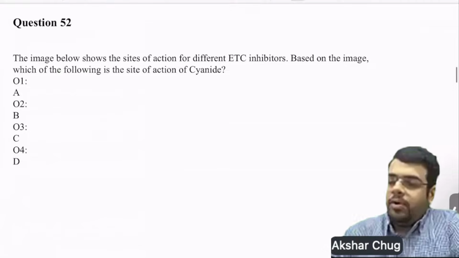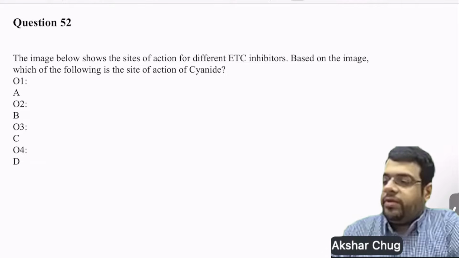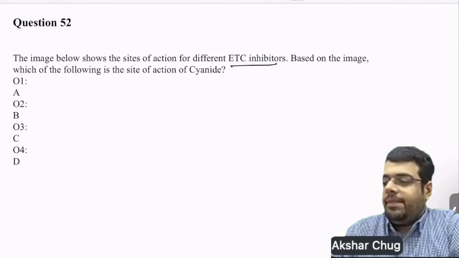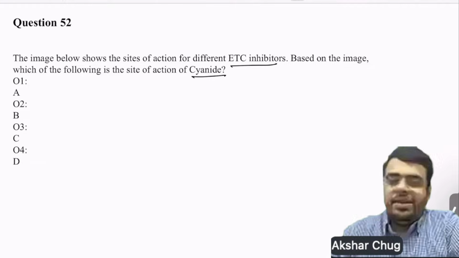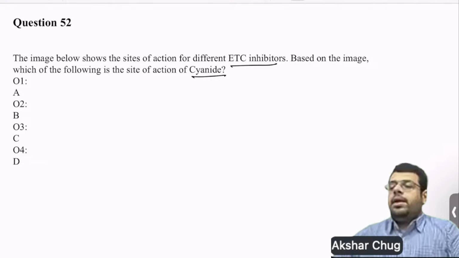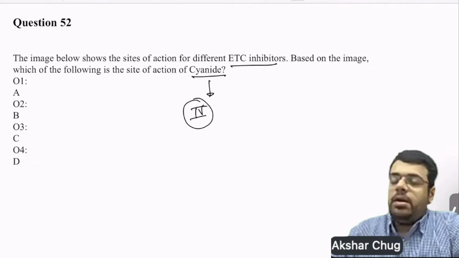Moving on to question number 52. The image below shows the site of action of different ETC inhibitors. Based on the image, which of the following is the site of action of cyanide? So basically we don't have the image. So let me tell you that cyanide will inhibit complex 4, and the inhibitors of complex 4 are repeatedly